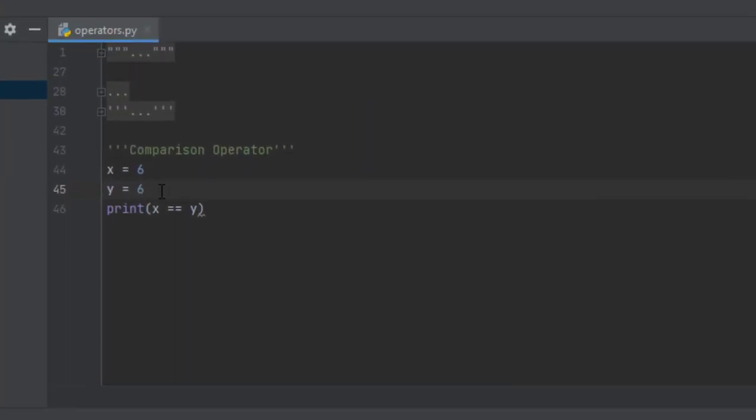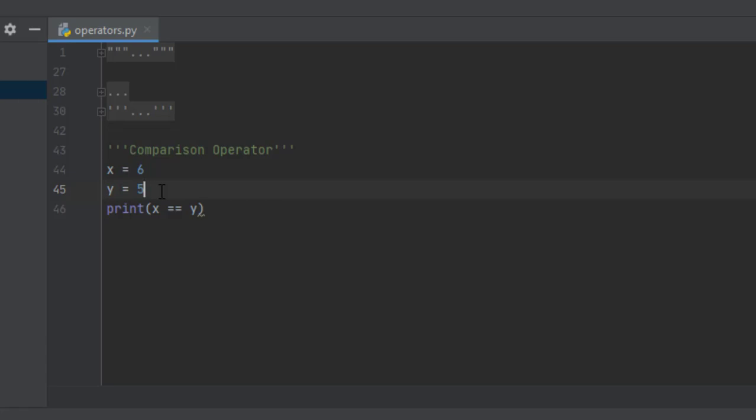Suppose I change the value of y to 5 and I run this program, then simply it is false. So this true or false is the boolean data type. Means when you compare, when it gives you true or false, then it is returning a boolean. It's not returning a value, it is returning a type. It is returning a boolean type, whether it is true or false. Even true or false is 1 or 0 in binary. So we'll go to the next part.